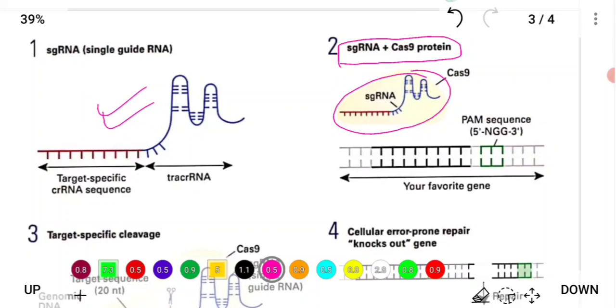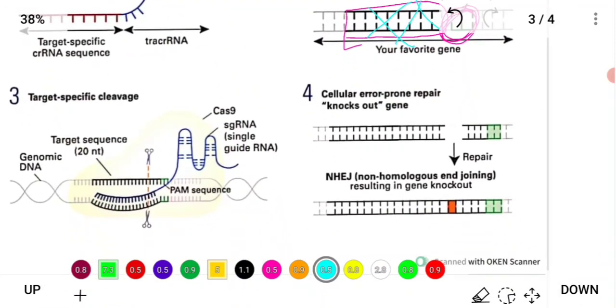Once it finds the target sequence, as I told you about the PAM site, whatever your target sequence is, the PAM site will be next to it. The PAM site will tell that yes, this is our target sequence. So once this complex finds the target sequence, this Cas9 will cut the DNA at the mutated site. And this will create a break, a double strand break, in that HBB gene.